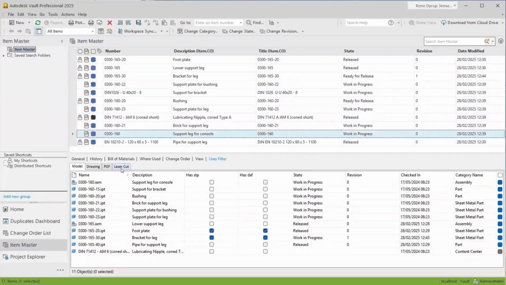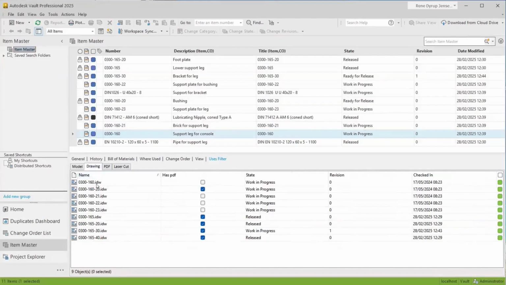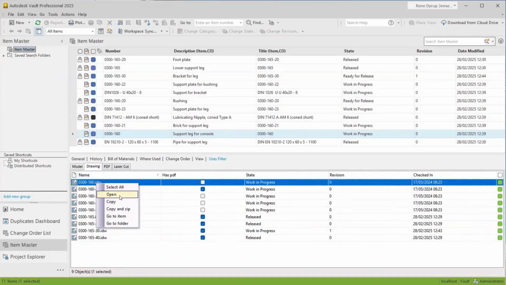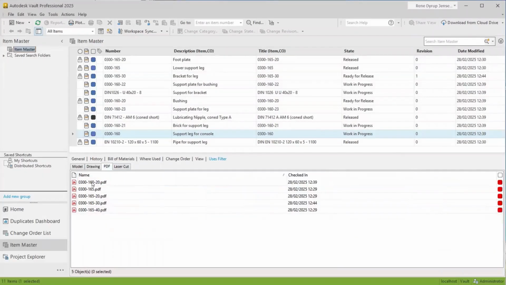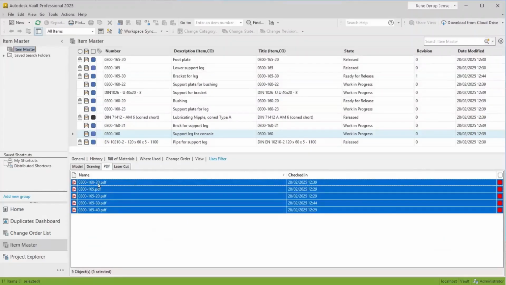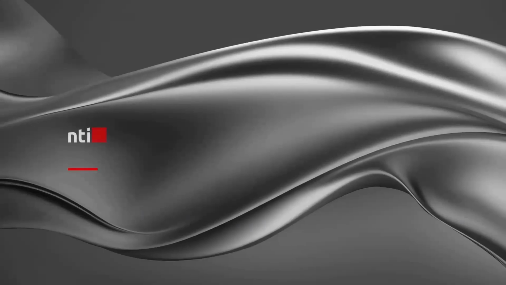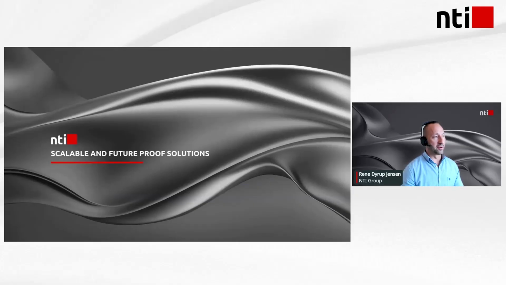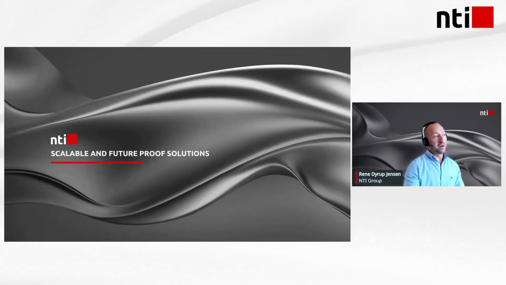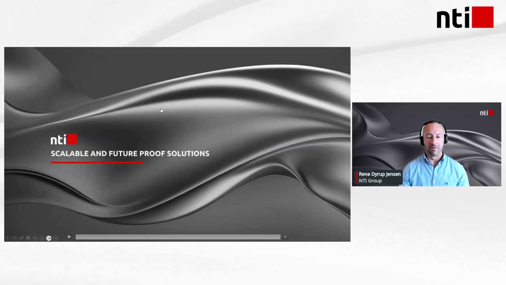and I can navigate both within the file environment, but also in the item environment. And as you can see, I have everything here. I can go back and forth between the item and file environment, if you're using items, of course. So it supports both environments. For a company not having a full integration to ERP, where every time you create a purchase order or production order the files will be collected, this is a good alternative where you, with a manual but very good approach, can collect files and have a very good overview.